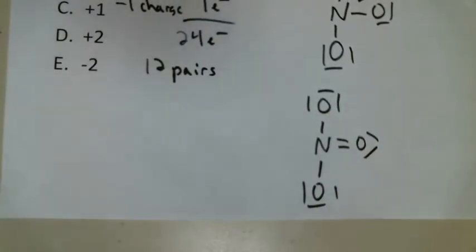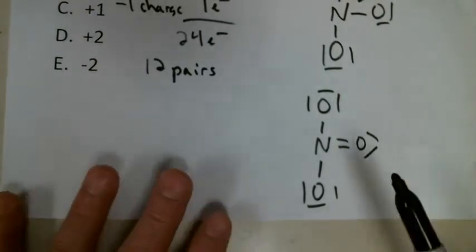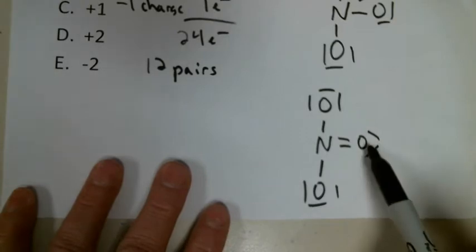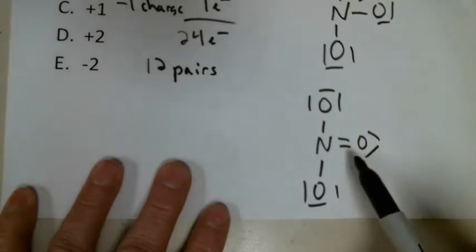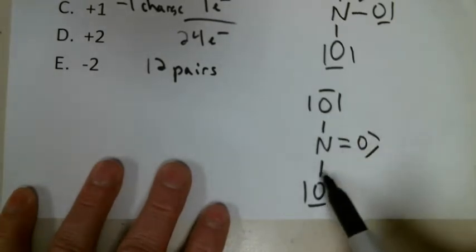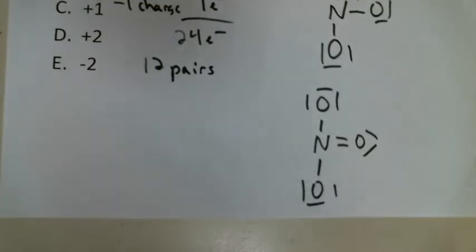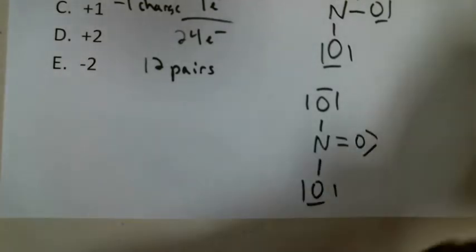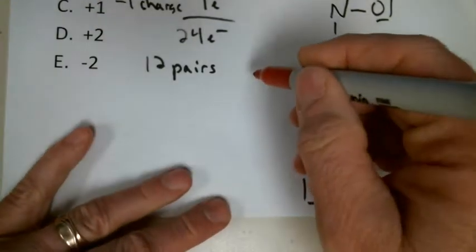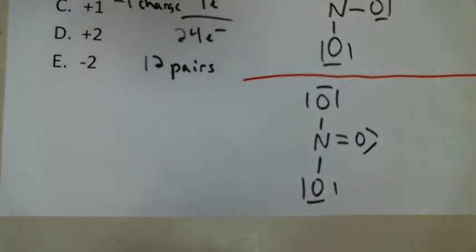Okay, so that is our Lewis structure, and it follows the octet rule, right? If you look at this, oxygen has 1, 2, 3, 4 pairs, 8 electrons, nitrogen 1, 2, 3, 4, and so on. It's all good to go. So let's make sure that it's not looking like it's together. All right, so now